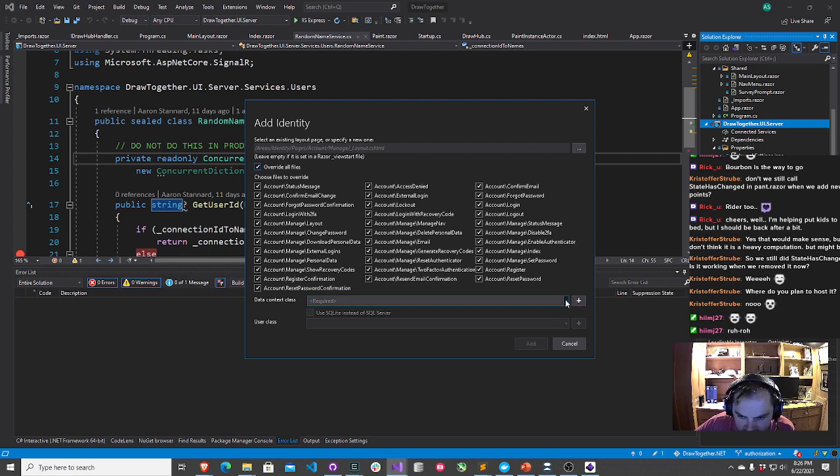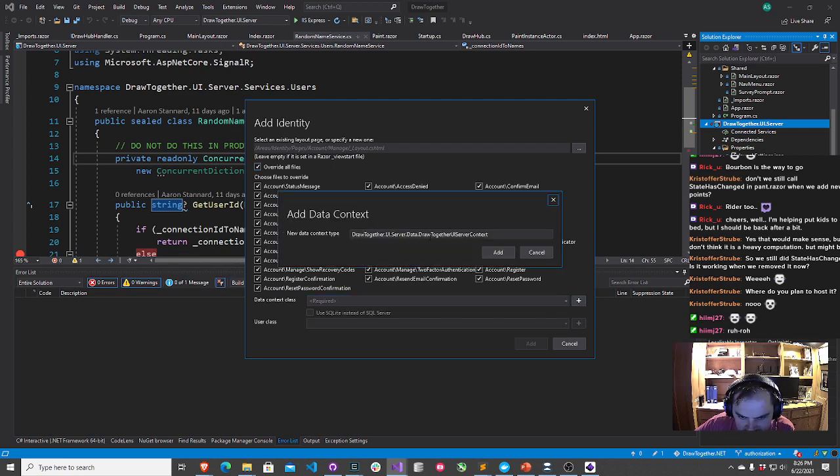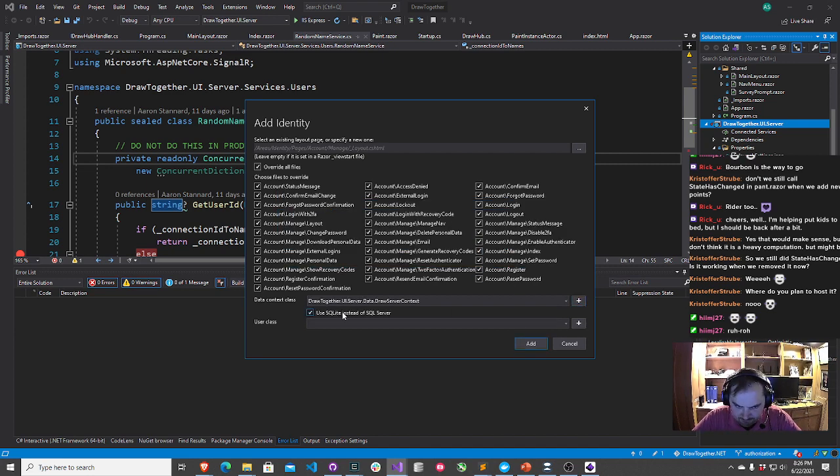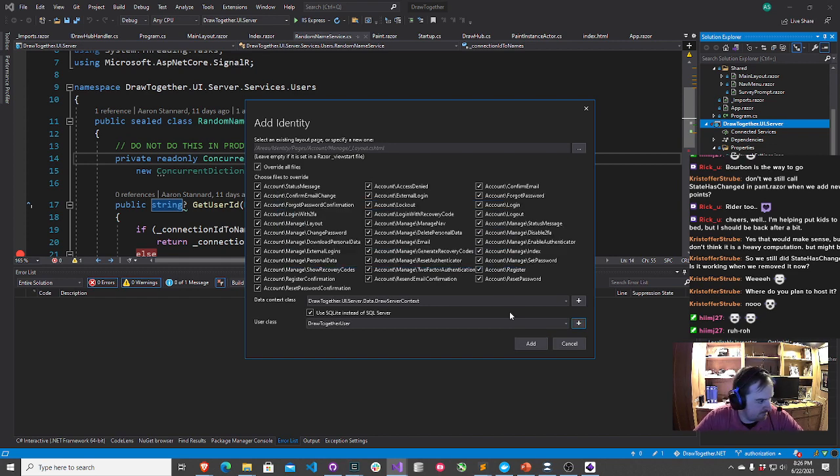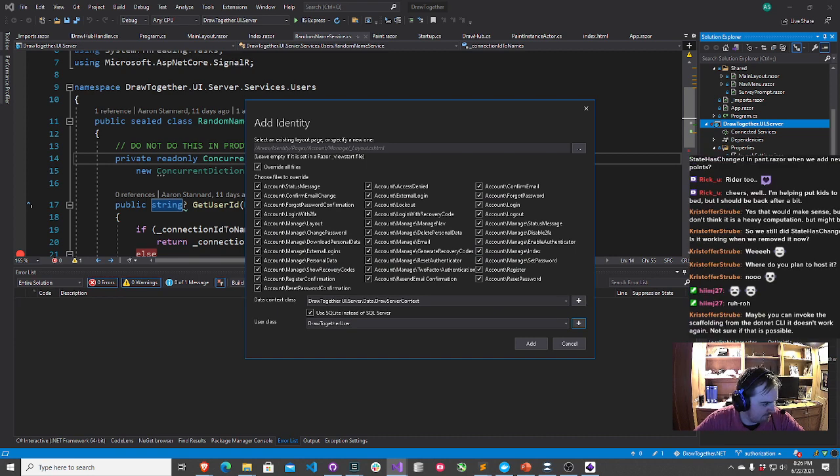Override all files, data context class. Here we are again. Do that. Okay, let's give that another shot.